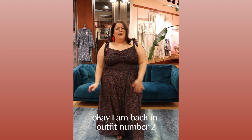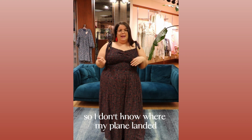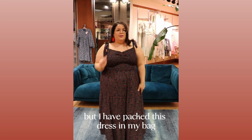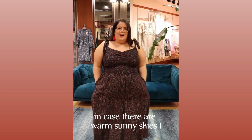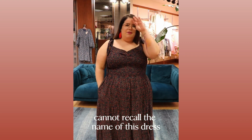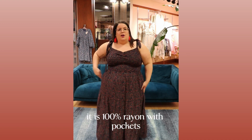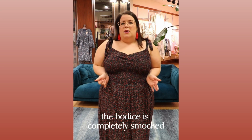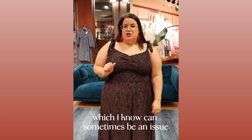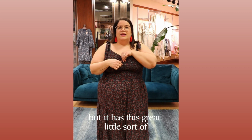Okay, I am back in outfit number 2. So I don't know where my plane landed, but I have packed this dress in my bag in case there are warm, sunny skies. I cannot recall the name of this dress, but it is a new brand that we just brought in. It is 100% rayon with pockets. The bodice is completely smocked, which I know can sometimes be an issue for some of the ladies with a larger bust, but it has this great little sort of,